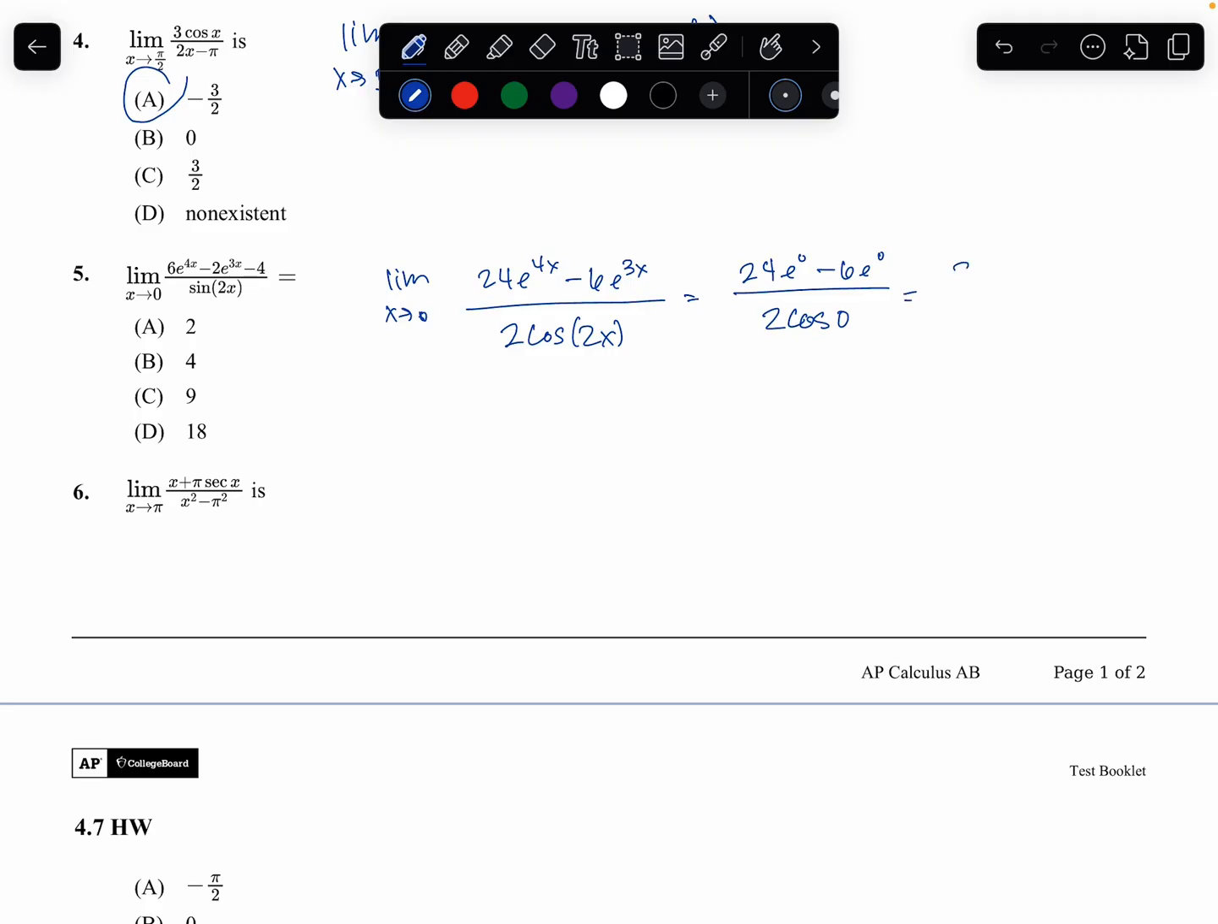And then I'm going to get 24 minus 6 over 2. 24 minus 6 is going to be, is that 18? And then over 2, so it's going to be 9. All right, and the limit as x approaches pi, secant of pi,